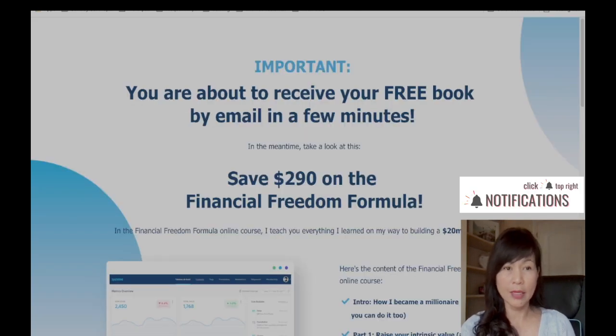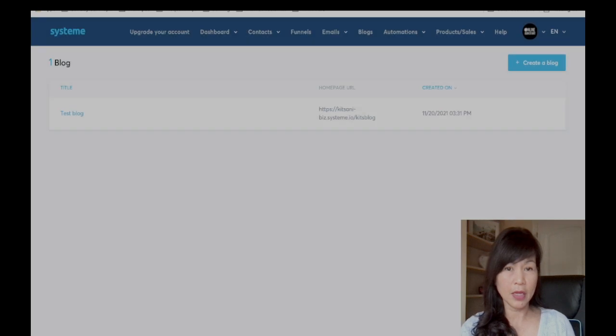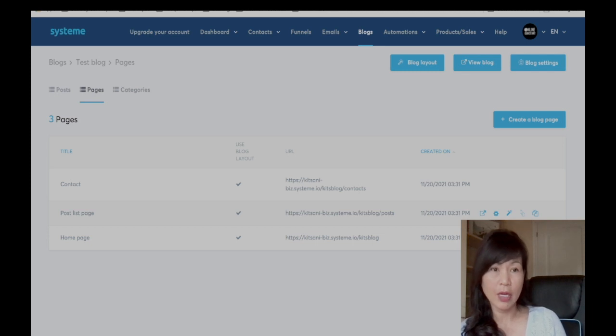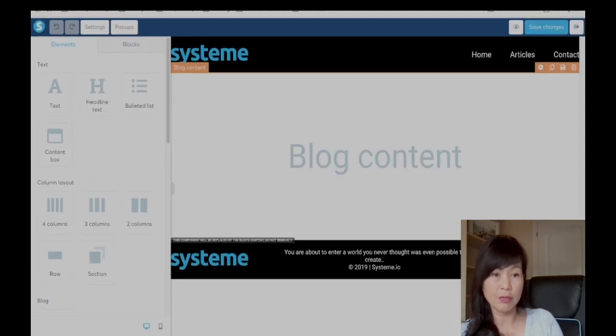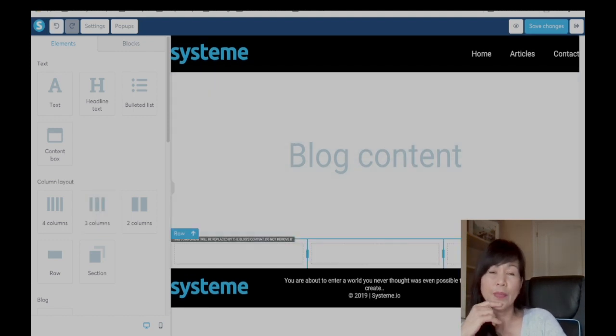Let's go back to the blog, and when you go to the blog itself, there is blog setting. These are the settings that you have, and then you edit it. So you see you've got 3 pages on your blog. You can add pages as well. Create a blog page. You can add some more. Blog layout. You can start designing your blog, how you want to have your blog set up, single column, how many columns you want to put in. Once you play around with it, creating a landing page, creating a funnel, in this case creating a blog,